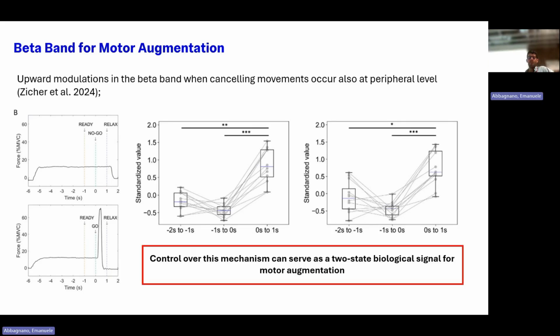So theoretically, we can look at this as a true state signal that we can use for motor augmentation. Whenever the person wants to change the state of what they are controlling, they just need to send beta band high by canceling a movement. Now that we know that we have a simple signal to use, maybe, we need the person to learn to